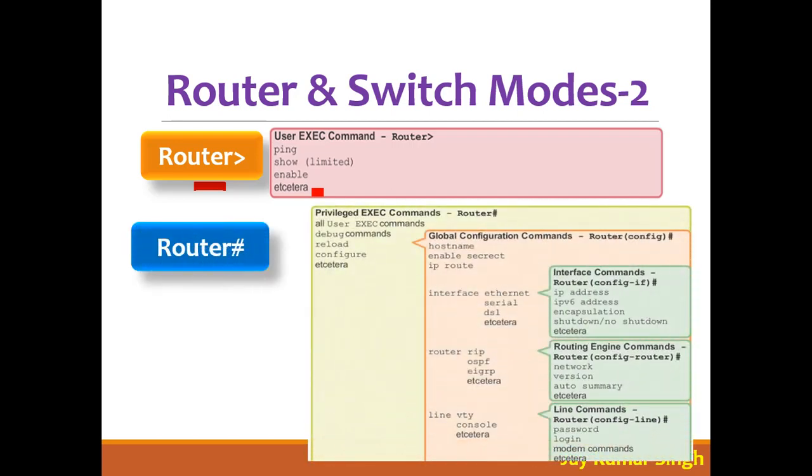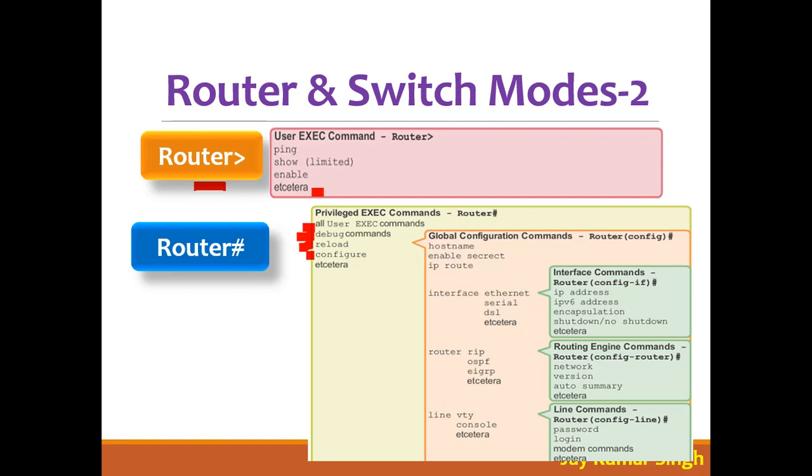Now then you have the privilege mode. In privilege mode you can execute all user commands, meaning all monitoring commands, some debug commands to monitor the router and the router functions, restart the router, and configure some basic settings related to date and time, and some other commands. We'll see all this.